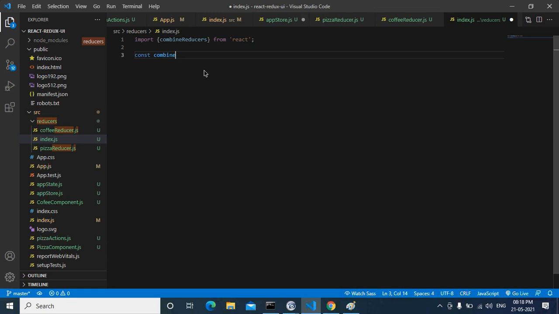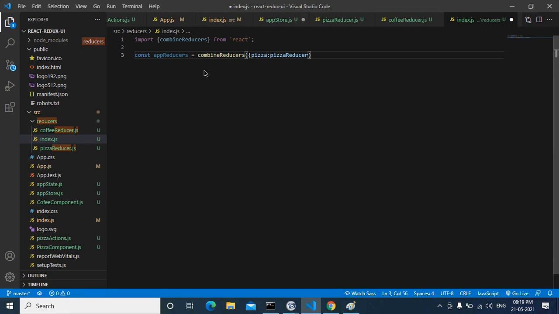Constant, I can mention app reducers, is equal to combine reducers. So this is what we are going to pass. We need to pass pizza. And